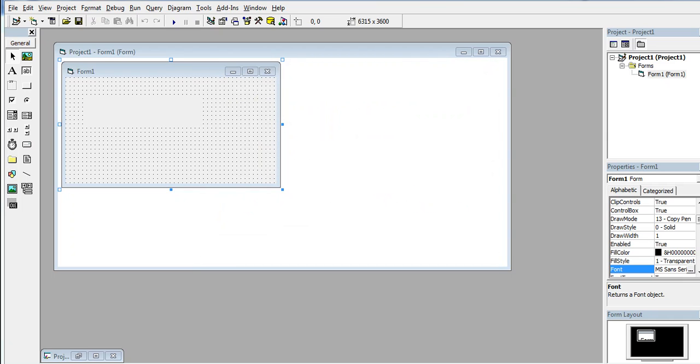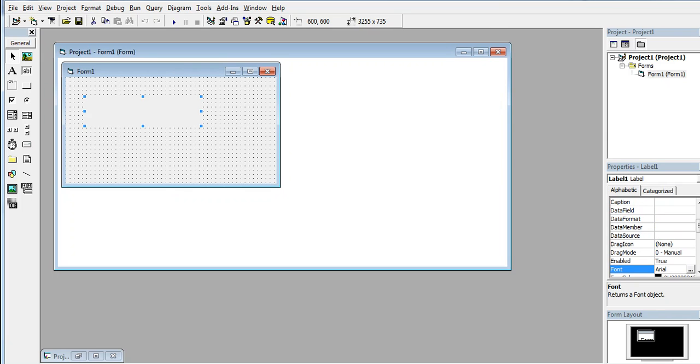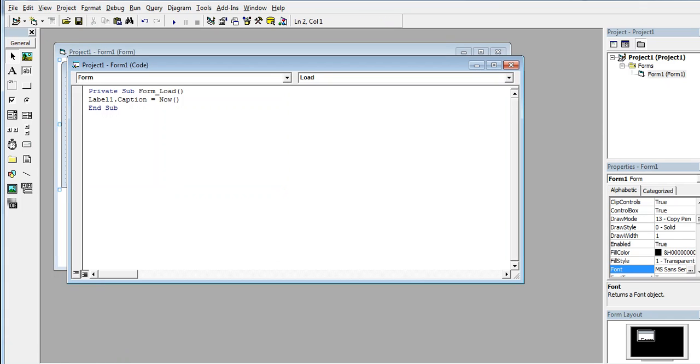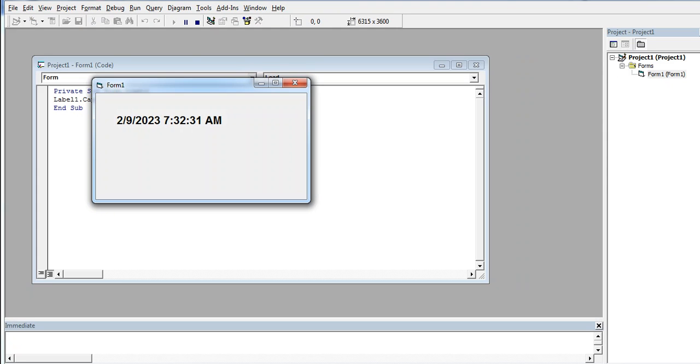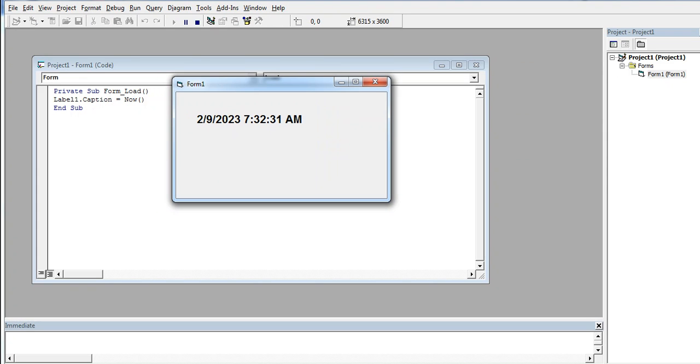Okay, so let's begin. So I have here a form and then I put a label here. Now we double click the form and then in the form load, I simply write label1.caption equals now. The now is a built-in function in Visual Basic 6 to display the current date and time. So when I click the play button, it will display, you know,